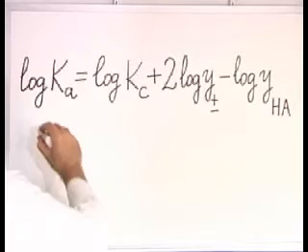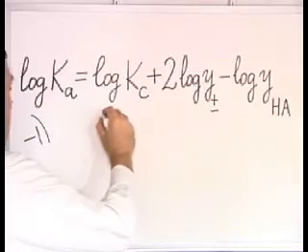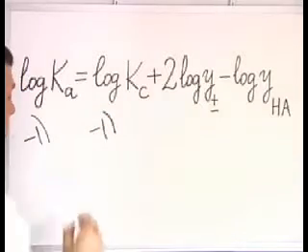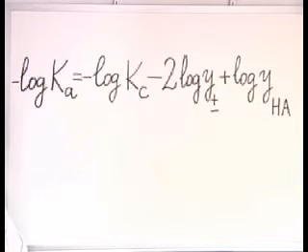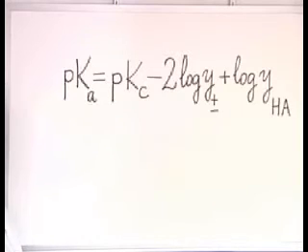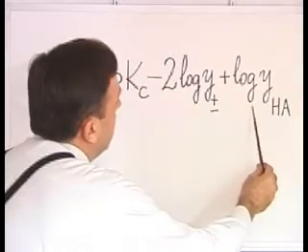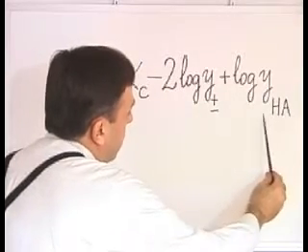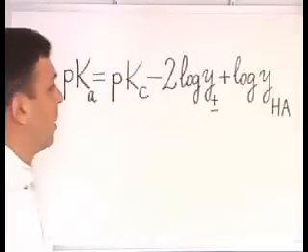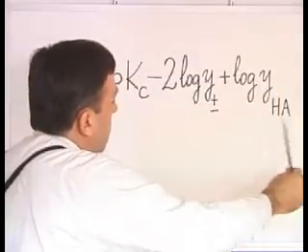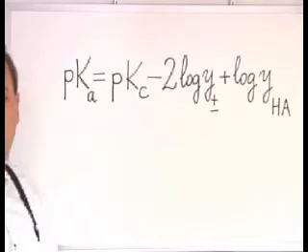Then we can multiply by -1 both sides of this equality. And using the p function, we can express this equality as follows. And because in moderately concentrated solutions, the activity coefficients of undissociated molecules are close to unity, this term is equal to 0. Finally, we have